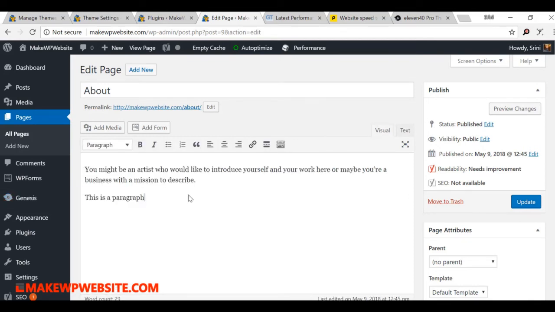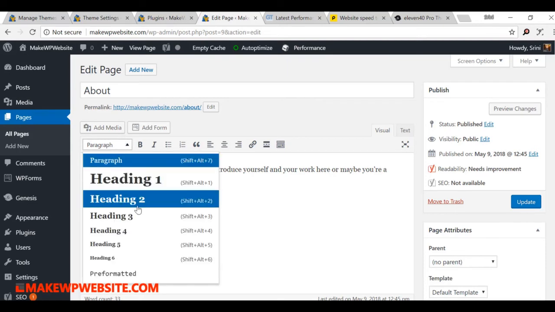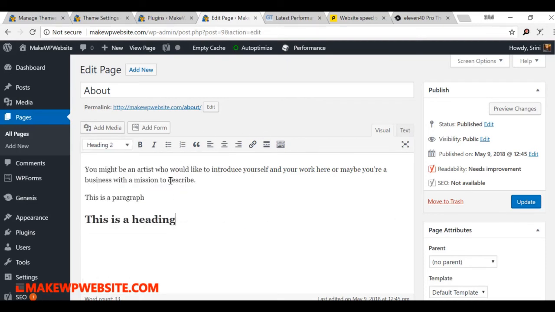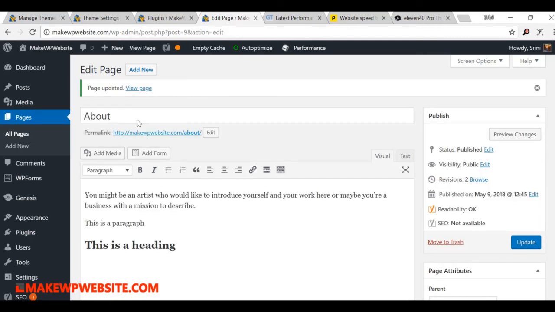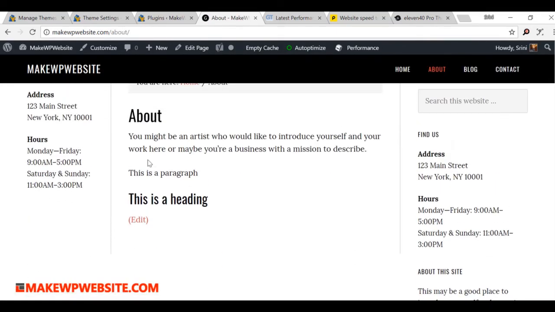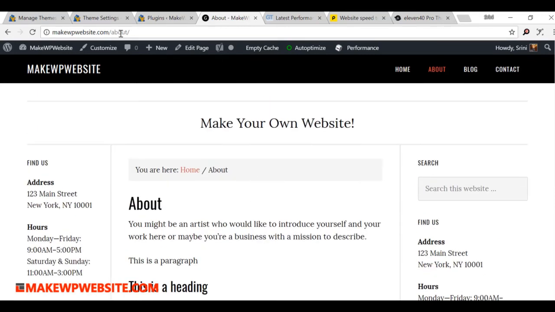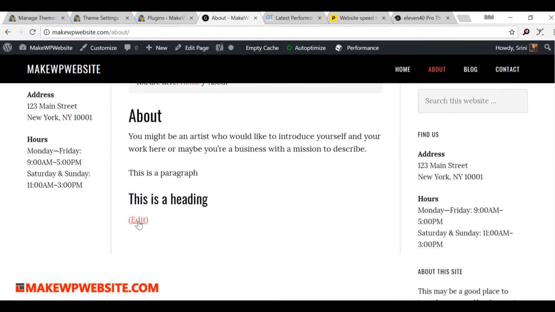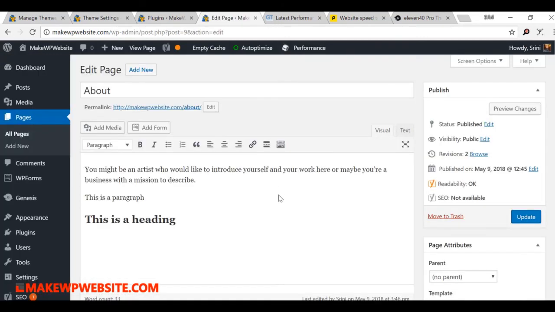But once you go to visual, you will not see the tags. Then you can add a heading, with a place to say what the heading is, and once you have made the changes, you can update it. Once you update, you can view the page. Come back here again. You go to view page, and then you are on this page with all the changes that we have done. If you want to edit, you don't have to go back. There's a button here called edit, just click it. That will take you back to the page section.